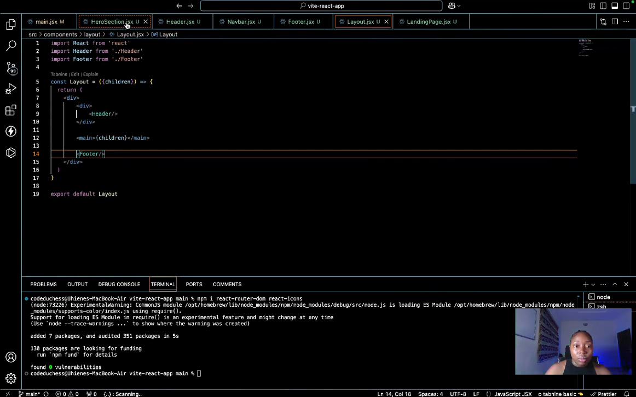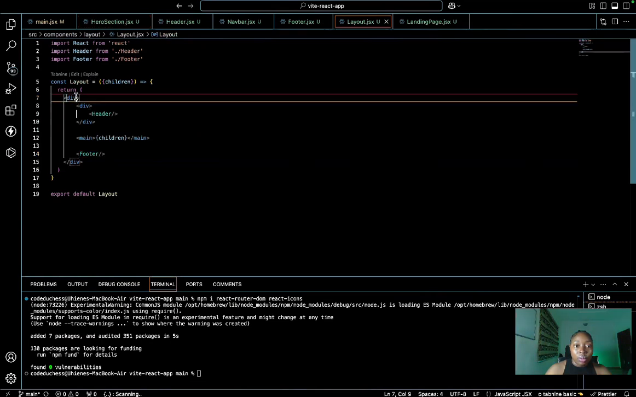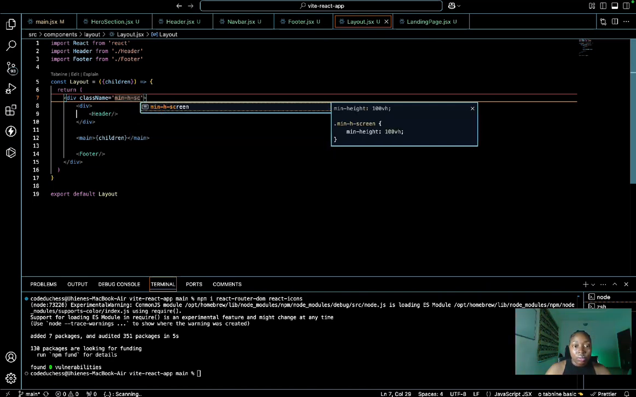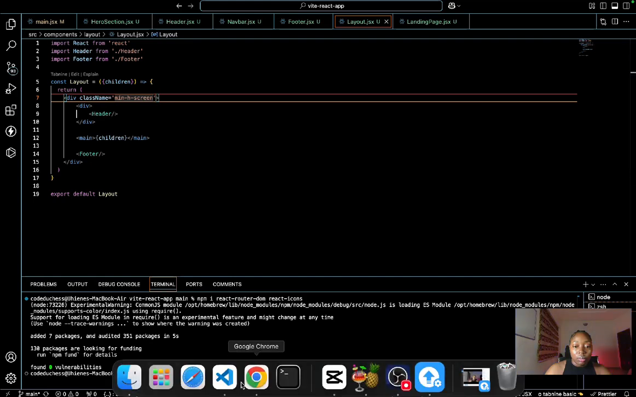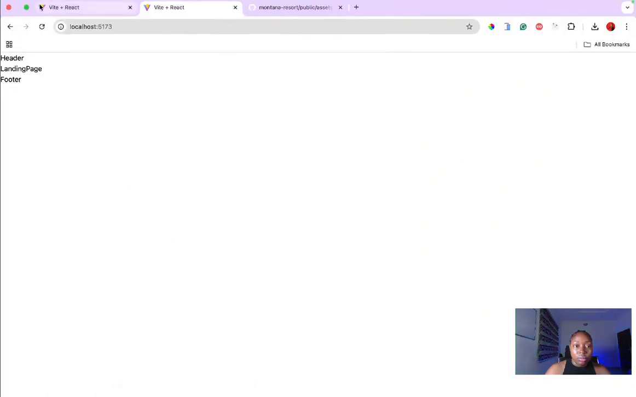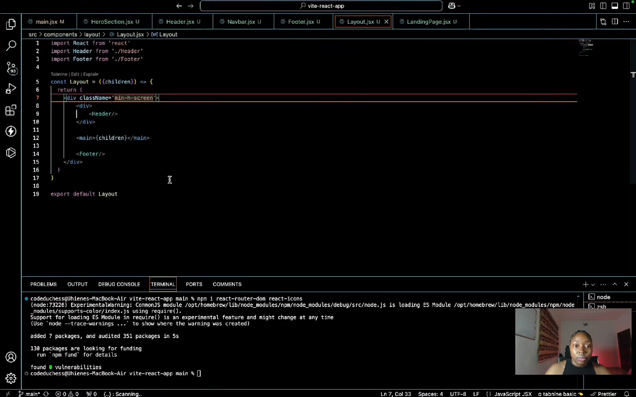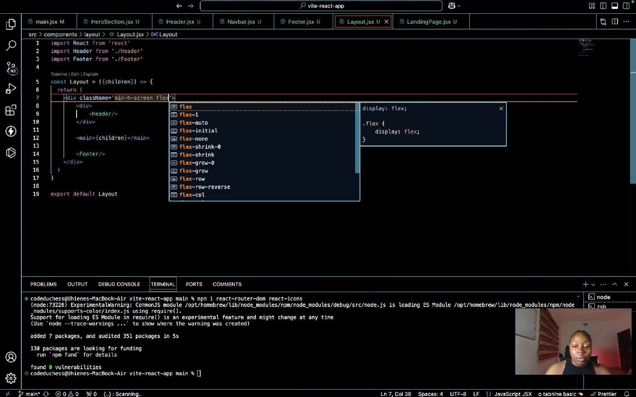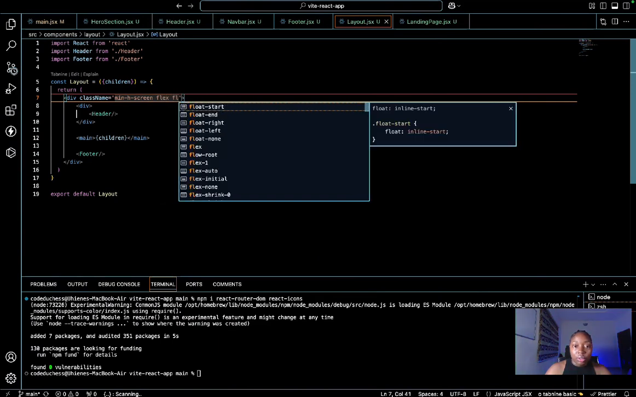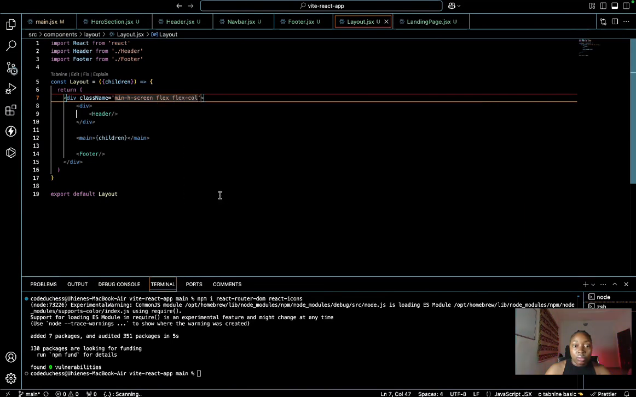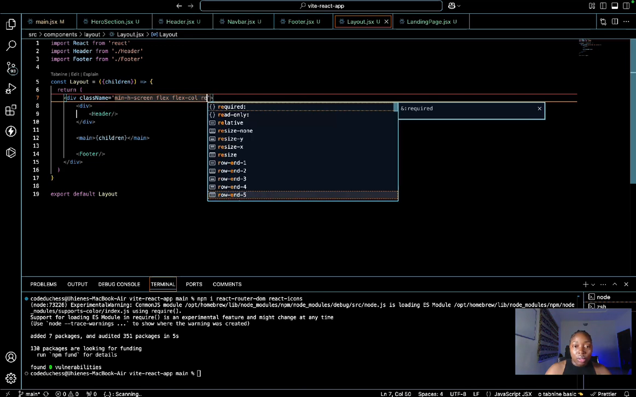We're done with the apps. So here we want to give this a full height to take up the full screen. So see minimum height of screen. Check that up. I want to give it a flex, but the flex direction is column. I also want to make it relative